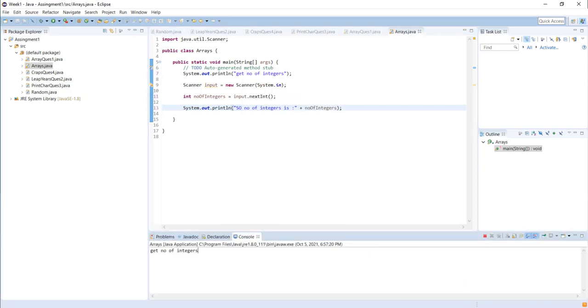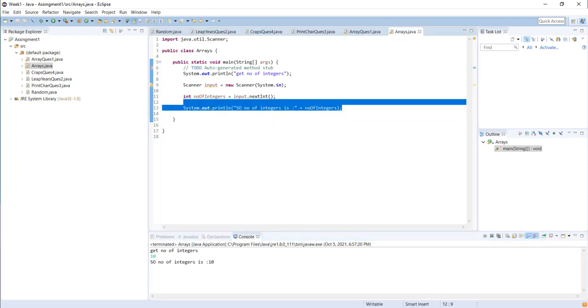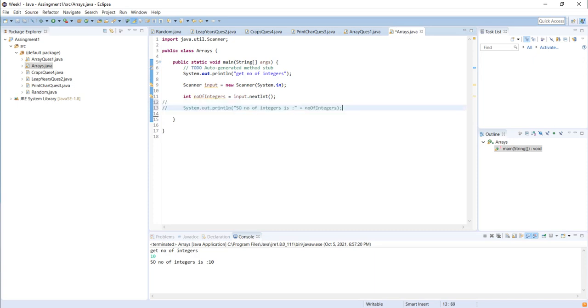I ask the user for the number of integers, say I enter 10, and it says the number of integers is 10. Okay, I won't need this line anymore, so I'm going to comment it out.